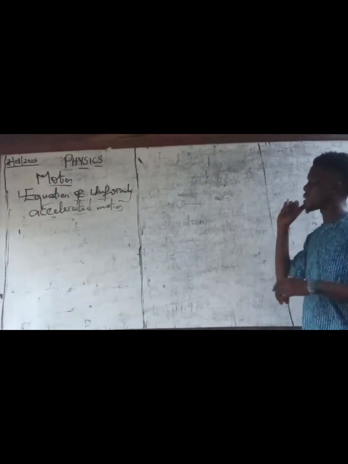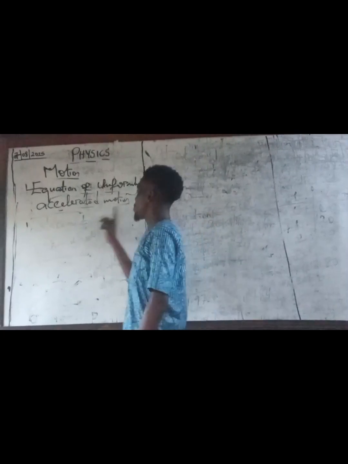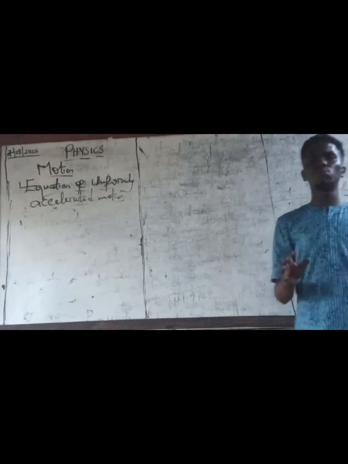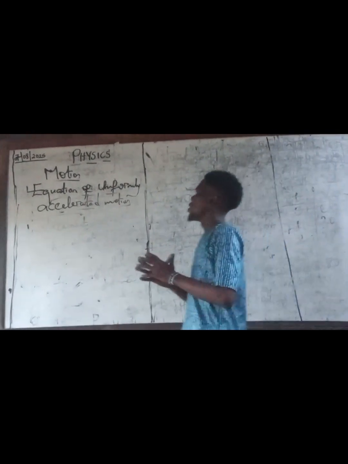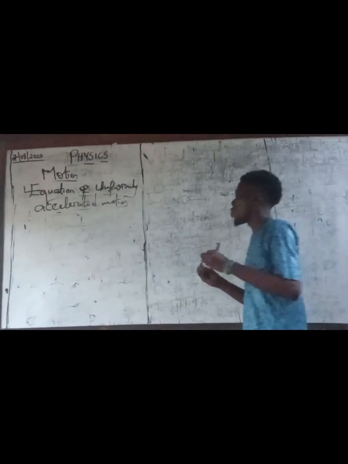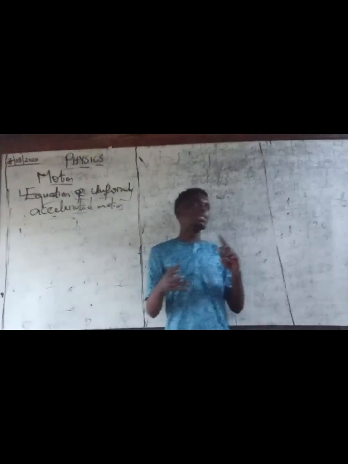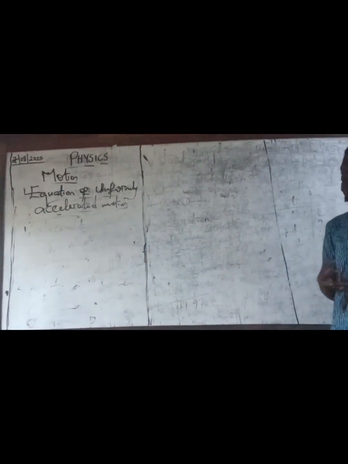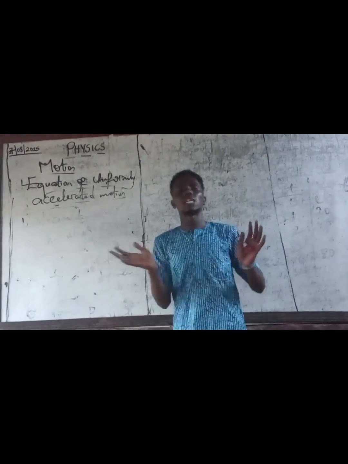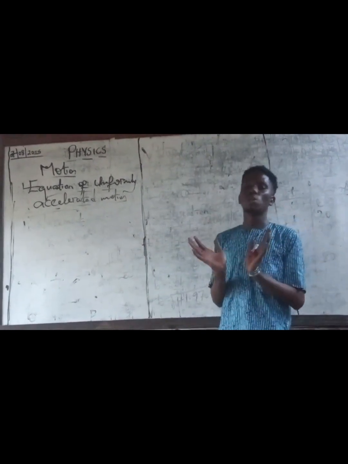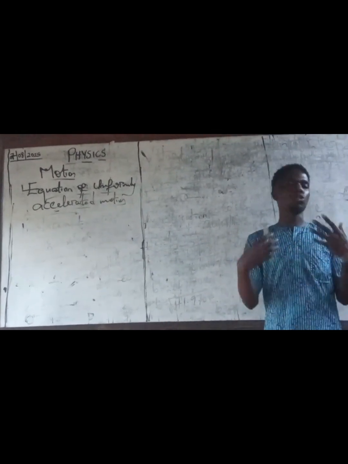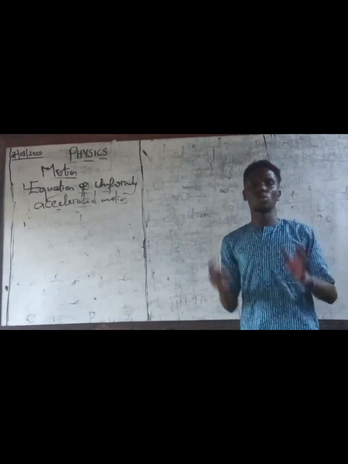Now I want to quickly look at a subtopic which is called equation of uniformly accelerated motion. Now, the equation of uniformly accelerated motion, there are some equations guiding the measurement or how we can calculate or get the acceleration of a body, the distance, the displacement, whatever case it may be, alright? There are some equations rather that can help us to get the values of these things, alright? And I'm going to take them one after the other. There are about 3 of them. I'm sure that most of us are familiar with them, but I'm going to show you how it was gotten,